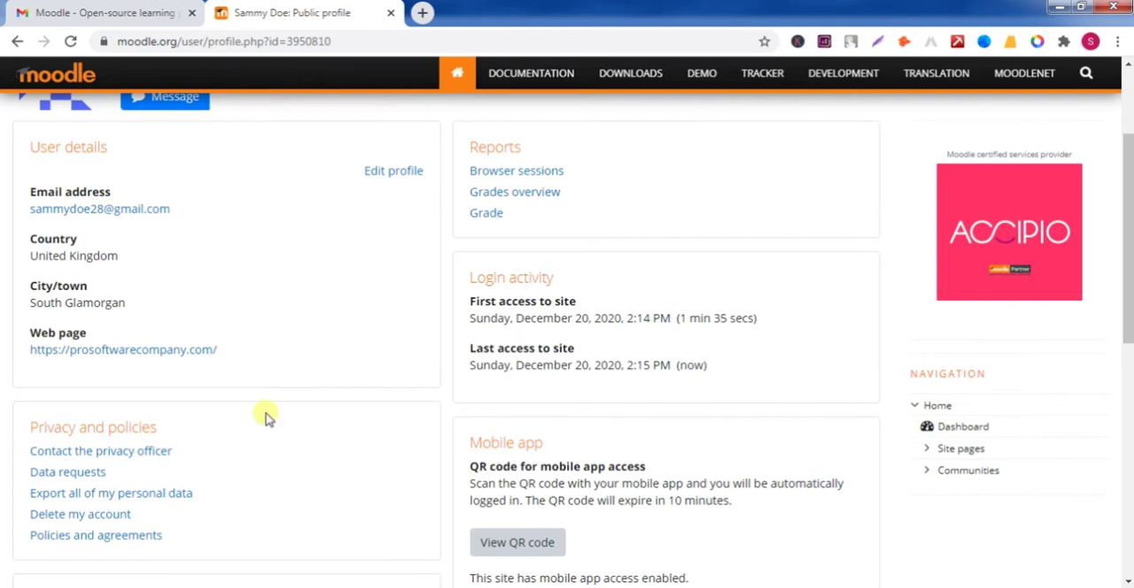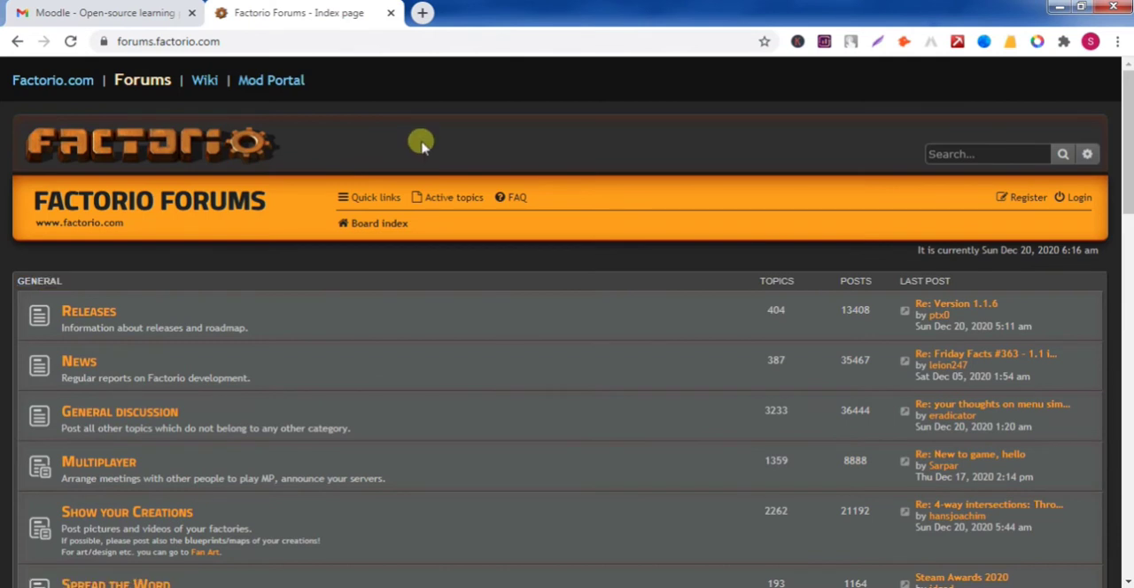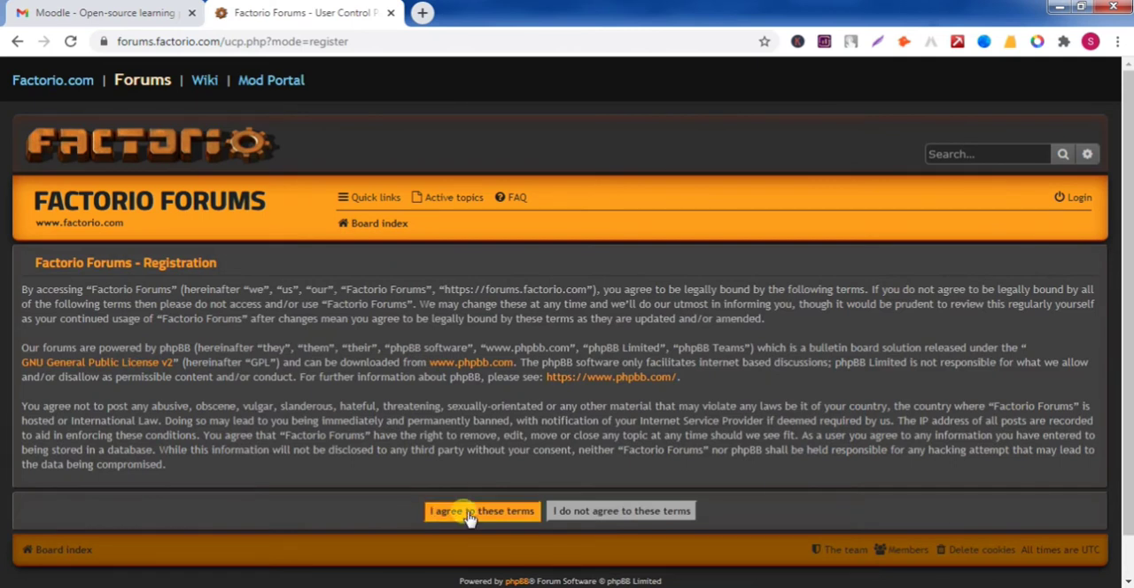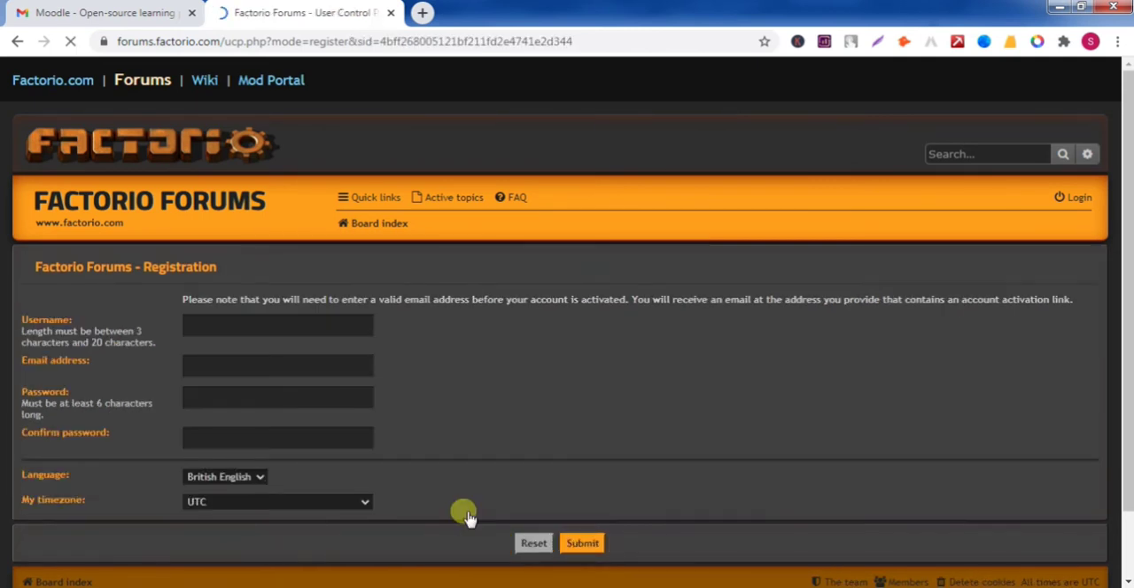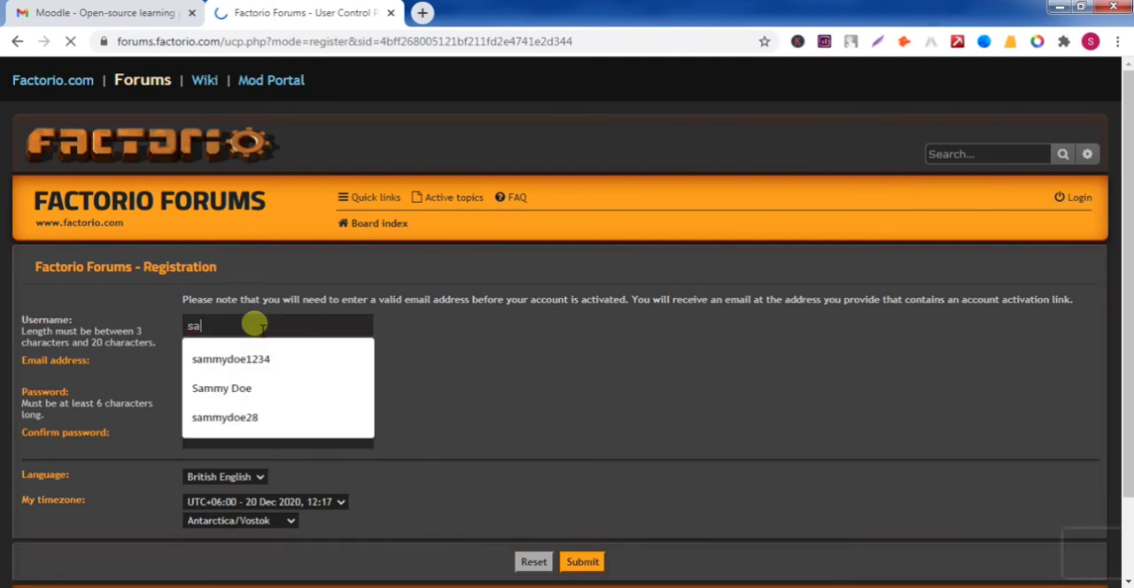Now I will add backlink in another website, forums.factorio.com. So watch the full video how I add backlink in this website. Firstly, go to this website, then click on register. Click on I agree to these terms. Now fill up this thing: username, email address,